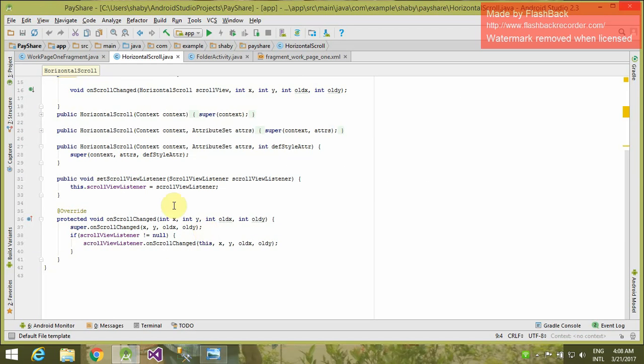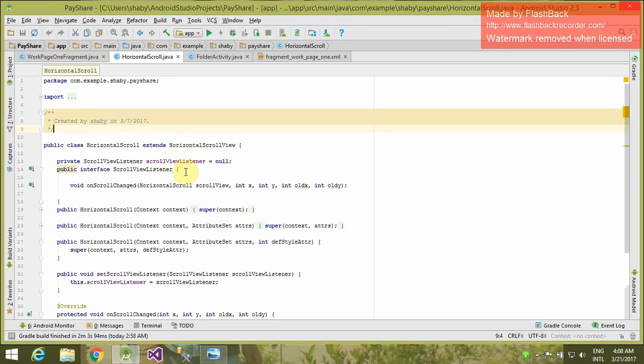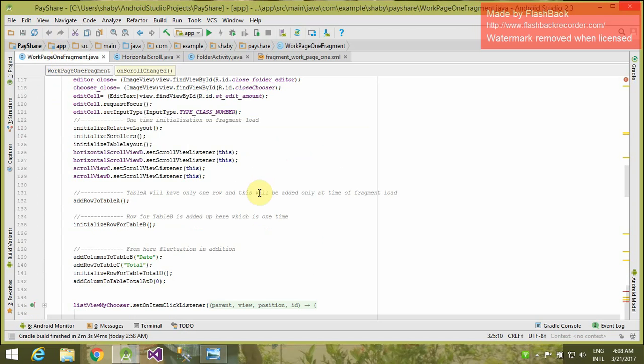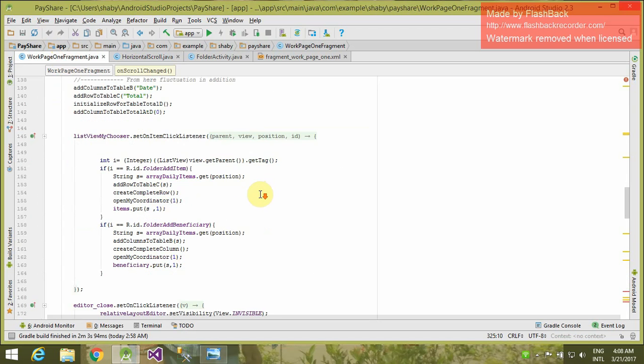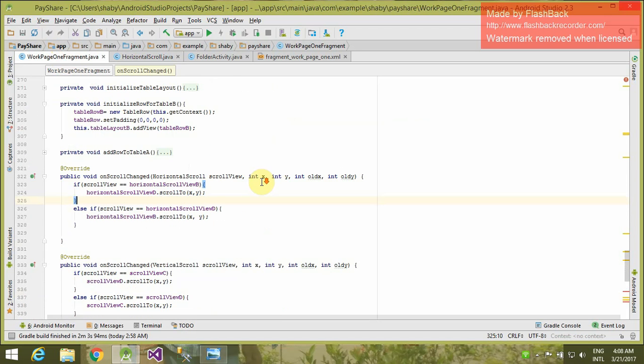As I have already created this function here, it will be overridden. As it is available in the interface, this function will be overridden, and I have overridden this function here as public void on scroll changed.